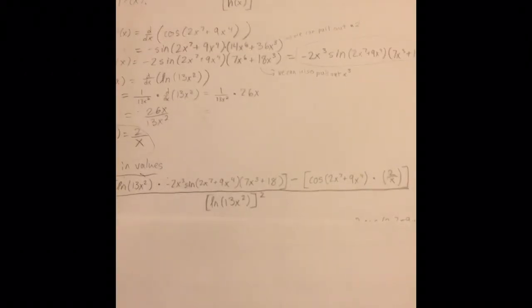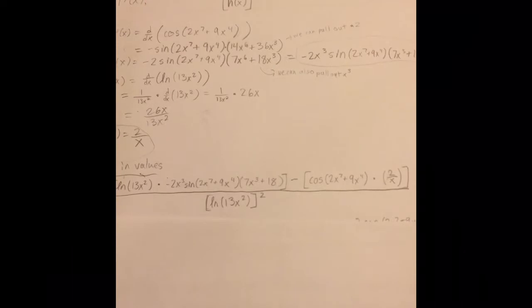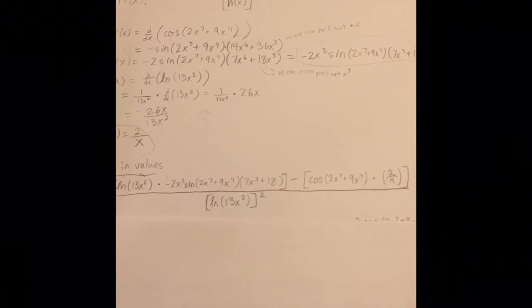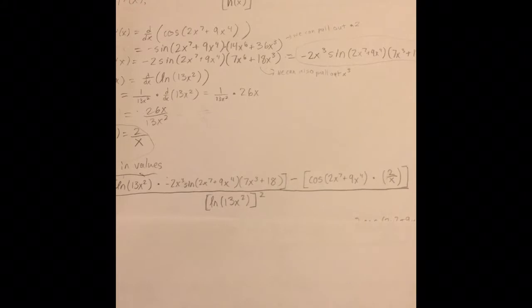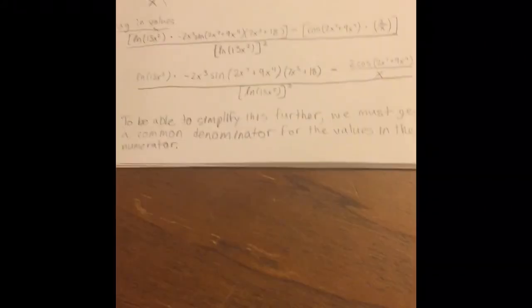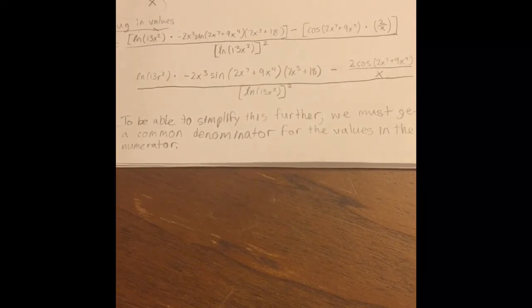Now we can plug in our values. So we have f prime of x equals ln of 13x squared times negative 2x cubed sine of 2x to the power of 7 plus 9x to the power of 4 times 7x cubed plus 18 minus cosine of 2x to the power of 7 plus 9x to the power of 4 times 2 over x, all over ln of 13x squared quantity squared. With the second part, we are able to multiply it by 2 and divide it by